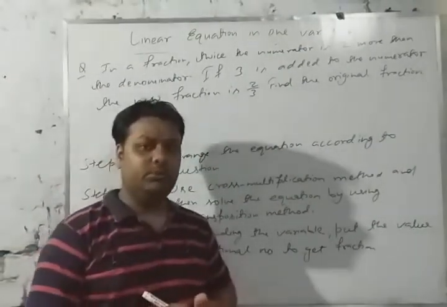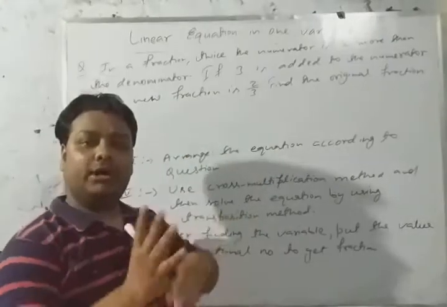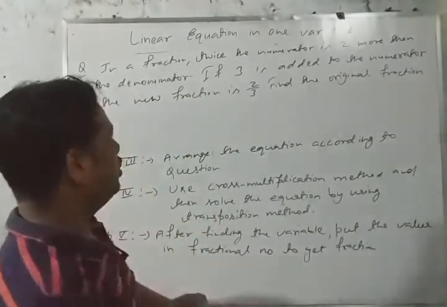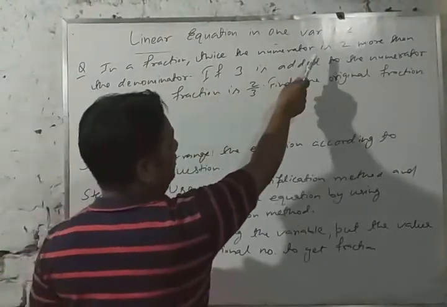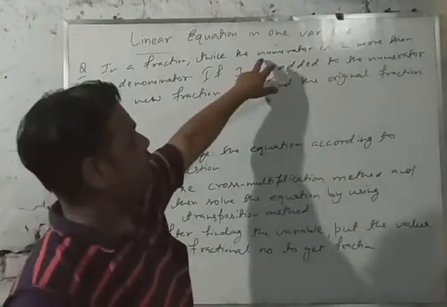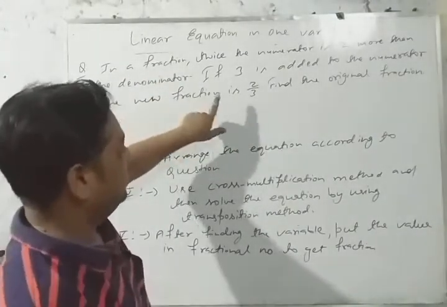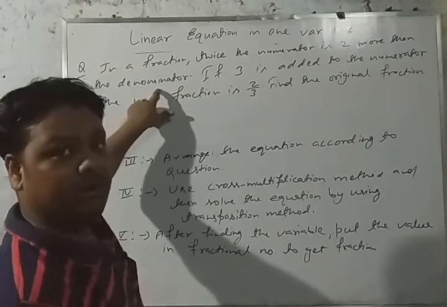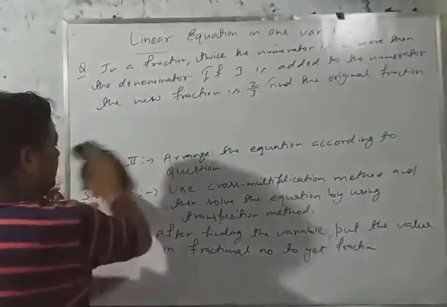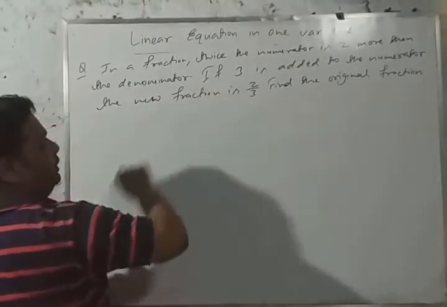We have to assume our variable by using that line where the comparing is given. Okay. Then where is the comparison given? Only in the first line. You can see in the fraction, twice the numerator is 2 more than the denominator. The numerator is compared with the denominator. Then what is the second word? Denominator. So we will assume the denominator. If it were numerator here, then we would assume the numerator. So at first we will assume the denominator because the numerator is compared to the denominator.